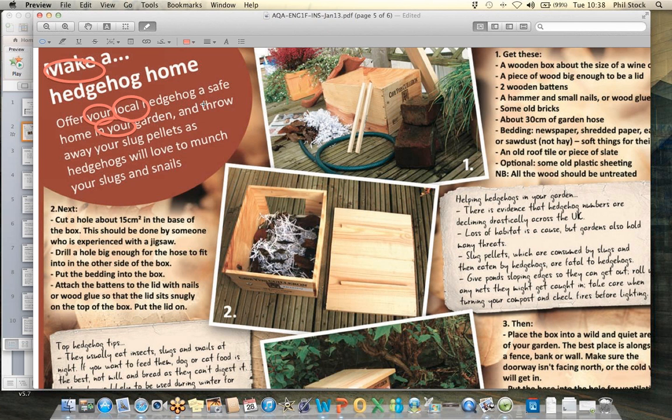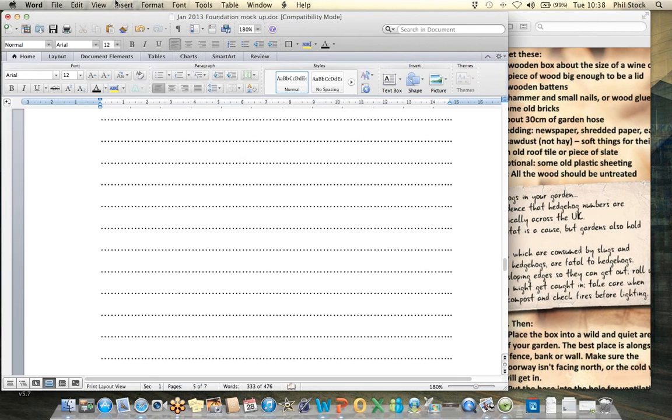And throw away your slug pellets, as hedgehogs will love to munch your slugs and snails. Well, munch. That strikes me as quite a chatty, colloquial word that's appropriate to create a sense of familiarity and warmth between this leaflet and the people reading it. Your slugs and snails. Again, they're describing them as mine. And already just a little bit of alliteration here. Not in any contrived, deliberate way, but almost naturally. And it gives it that sense of a rhythm and a chattiness and something that's kind of memorable as a message. So if I go over to the answer booklet,